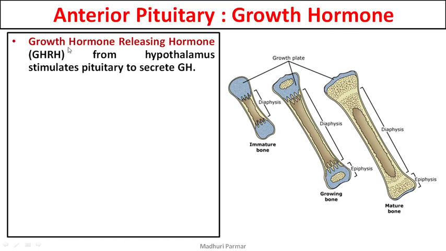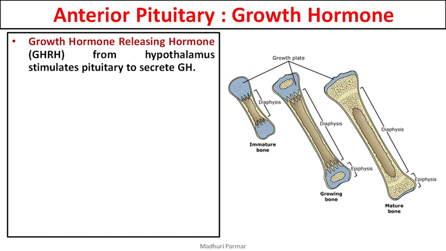When GHRH is secreted from the hypothalamus, this secretion will stimulate the pituitary to secrete growth hormone. Clear? So, who is taking the decision? The decision is taken by our hypothalamus. The hypothalamus will secrete growth hormone releasing hormone, and this will stimulate your anterior pituitary to secrete